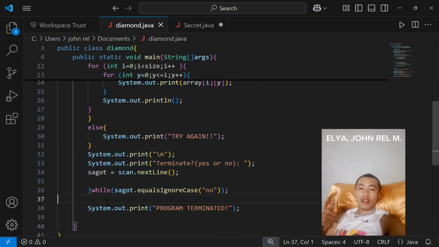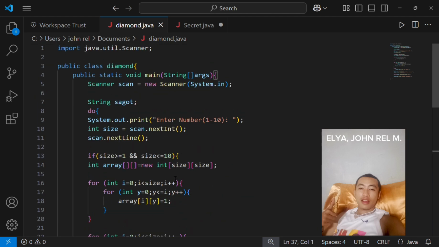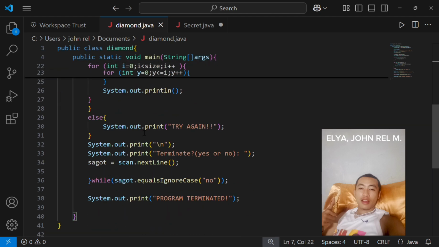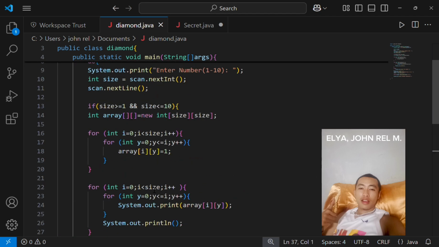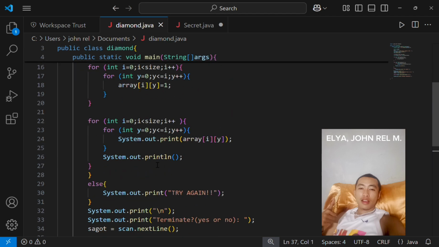It cannot be accessed outside of the do while loop. So in order to access it, I declared it outside the do while loop, because I use the variable here in my while condition.